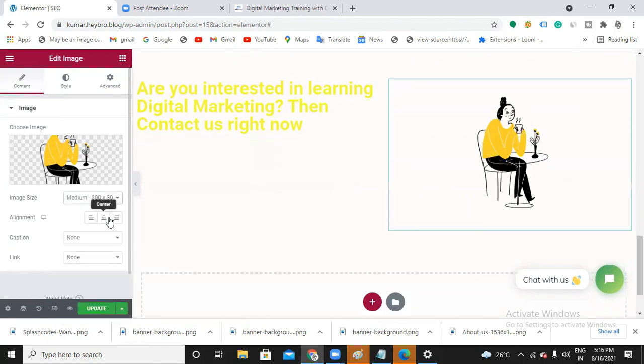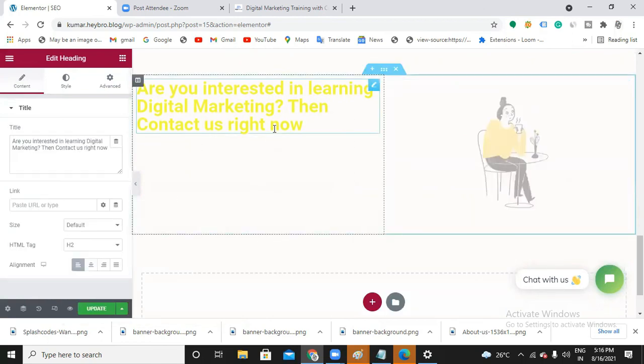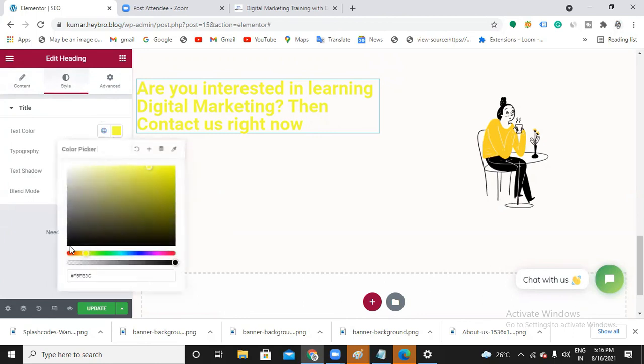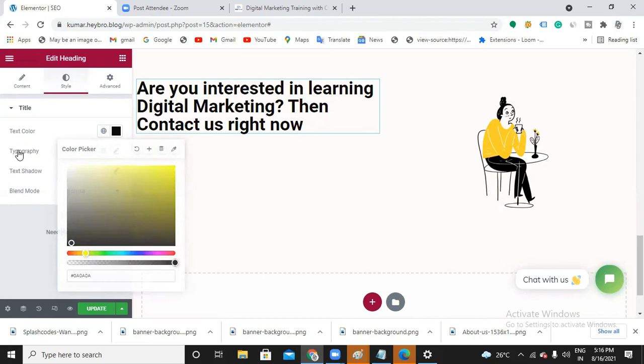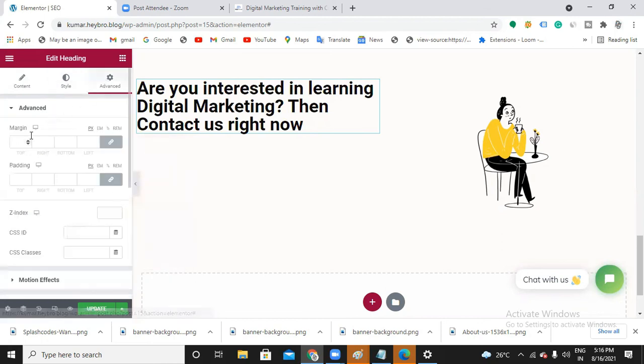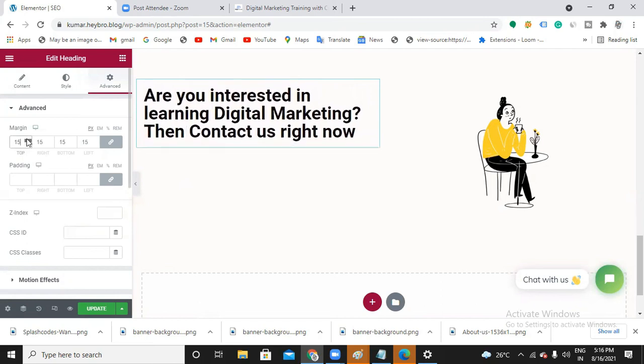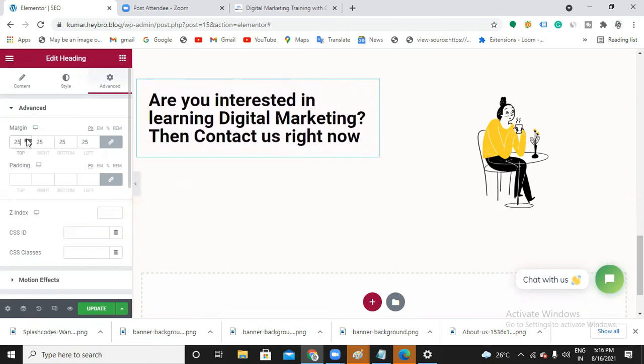No, I'll go with the medium. If you want, you can still make some changes with this text style, changing the color of this text to black. Nice, ma'am. Advanced margin.